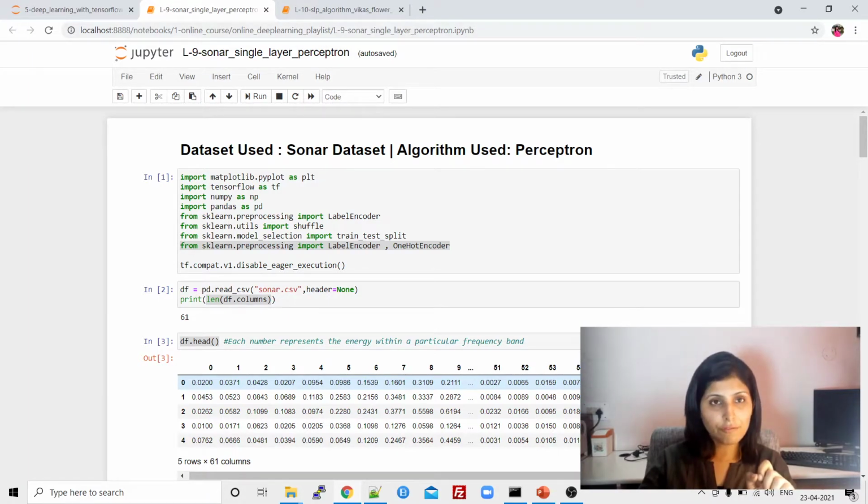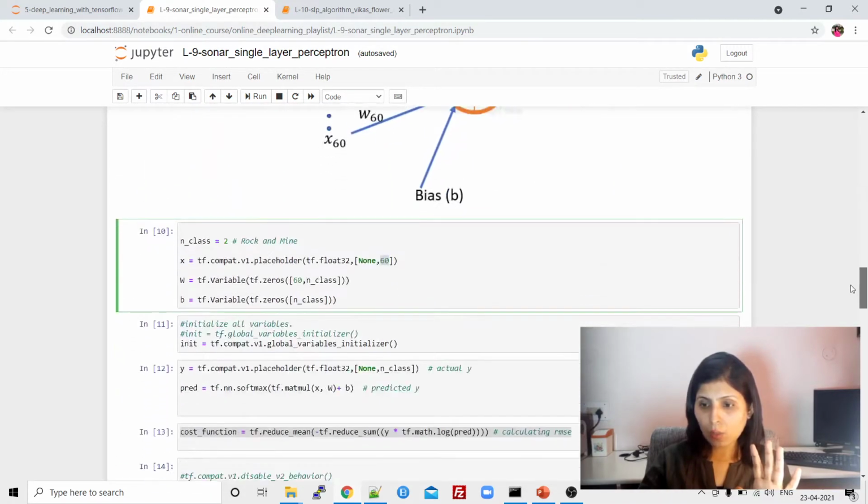So we have 60 different inputs, and that is what I'm writing over here. And guys, always remember, whenever you're working on any data set, you have to write the number of inputs you are giving to your algorithm. You have to define that over here.